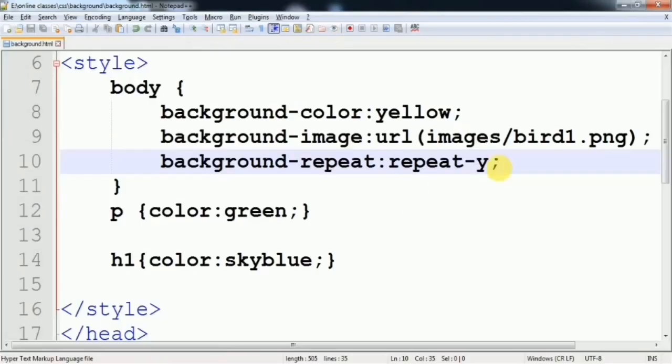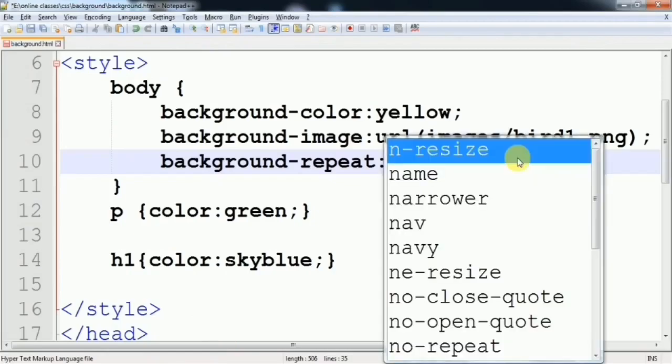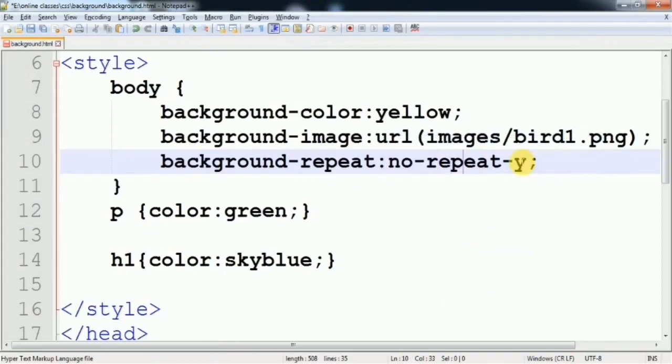For horizontally we use x, for vertically we use y, and when we want only one picture, at that time we use the value no-repeat. So three possible values are there for background repeat. Is it clear? Now the next one, so I change it to no-repeat. We want the picture only once.